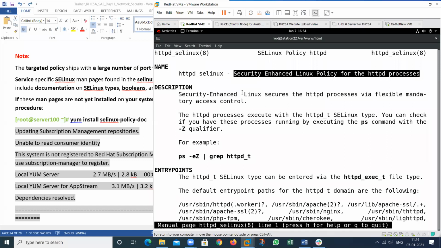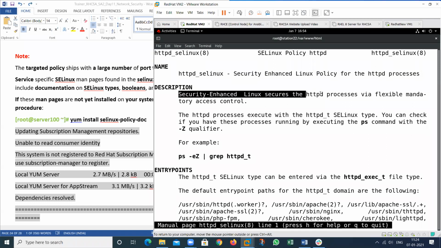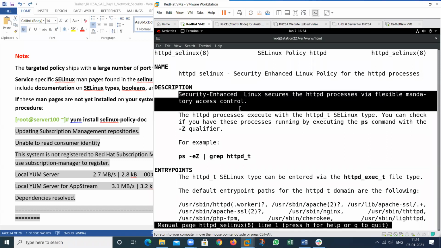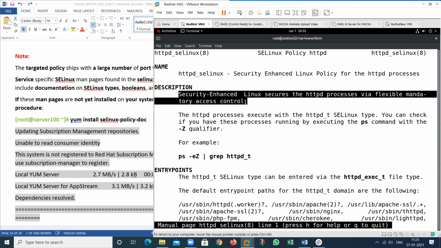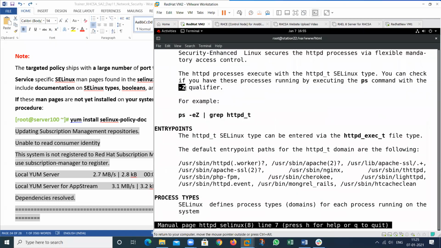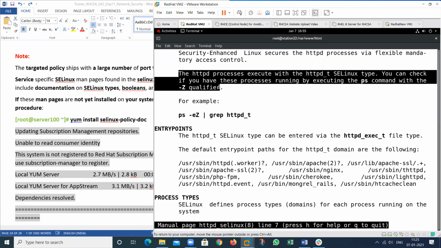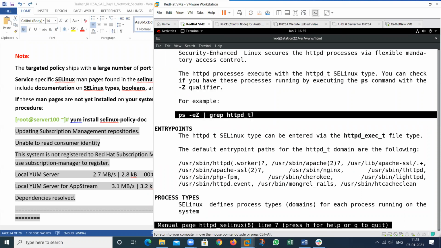What is SE Linux? Security Enhanced Linux secures the HTTP service by flexible mandatory access control. And with -Z, we can check the SE Linux context behind this. So you can use this.